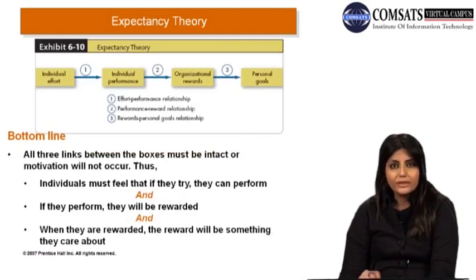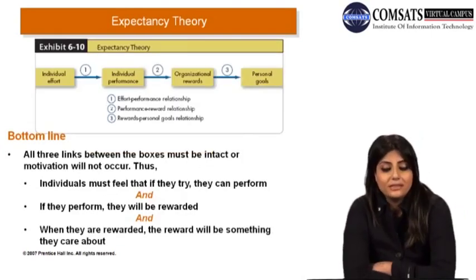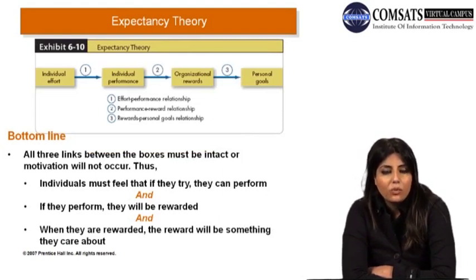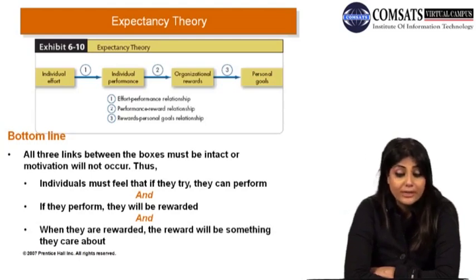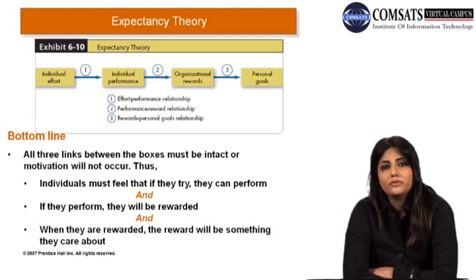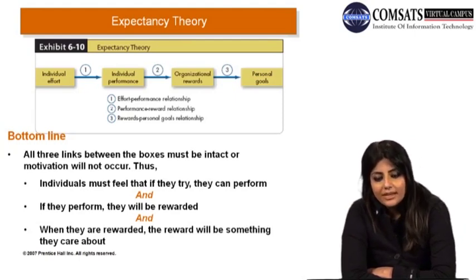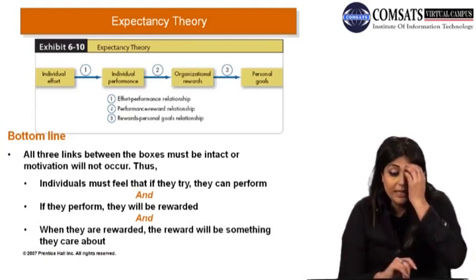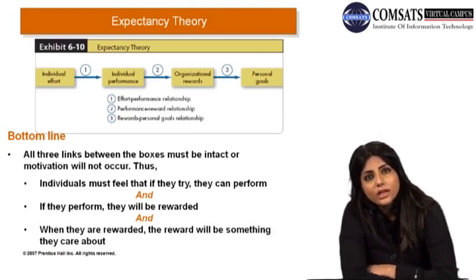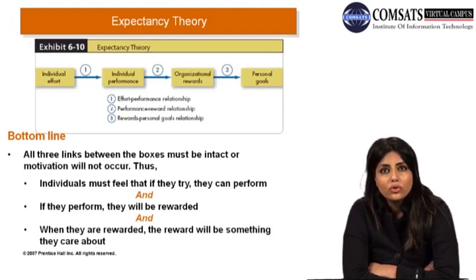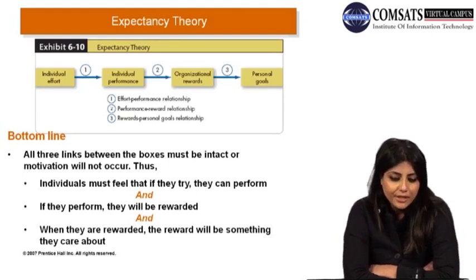Now we move to our next theory, which is the expectancy theory. What it tries to do is make 3 different links, there are 3 different chains of links, and it is trying to link them all up together, right? So if one chain breaks, then the theory will not work, right? So it starts off with the individual effort,